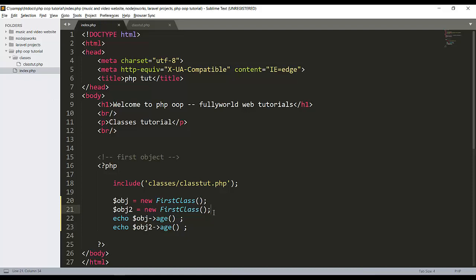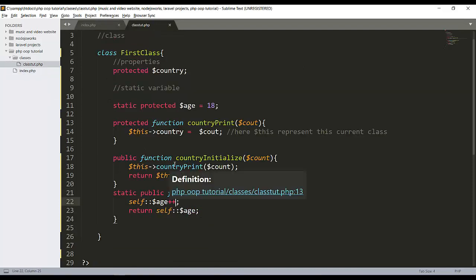So for today this is enough. This is just a static function and variable. In the next video I will tell you the constructor and destructor, and after that we will see how to connect a database. After that we will also see interfaces. So how we can define our own rule, like in abstract we defined our rule here, but with interfaces we can define a rule for every class here.